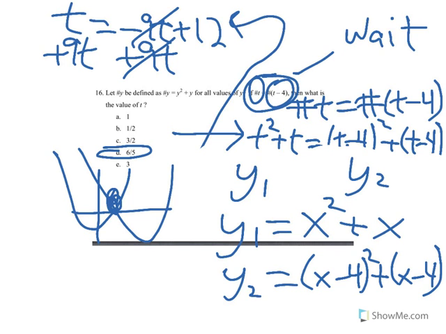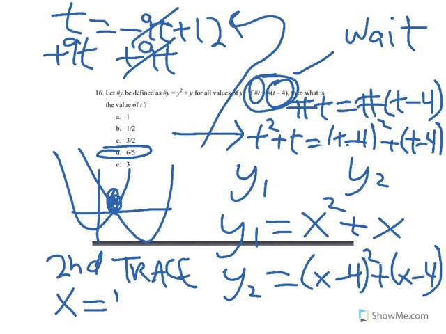That is, you push second, and then you push trace. And there should be the fifth option is intersect. So we're going to do intersect. And then you can actually just press enter, enter, enter, and it'll find that point of intersection for you. And it is telling me that x equals 1.5, which is very interesting because 1.5 is 3 over 2,